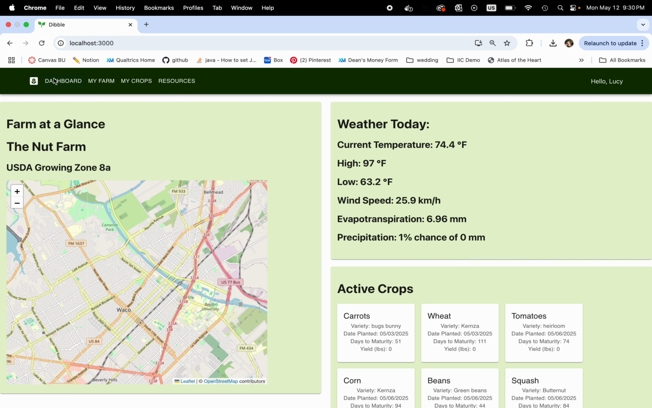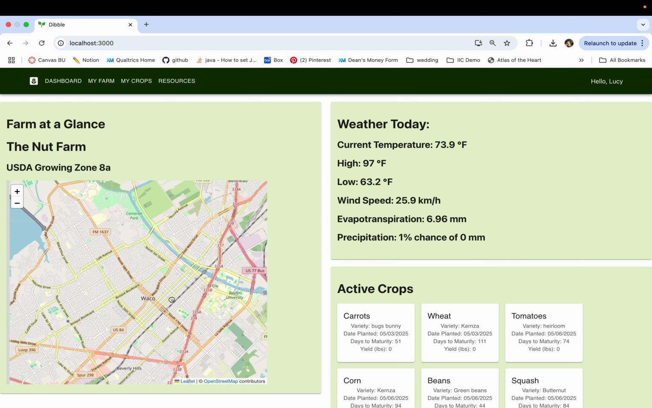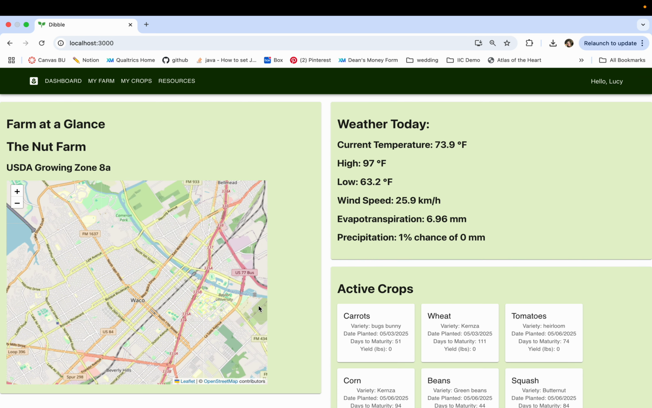So this is the dashboard page of my application. It is meant to, as the page says, be the farm at a glance. So I have my farm name. The nut farm is a nod to the name of the farm that my grandparents live on. And I also display the USDA growing zone, and provide this interactive map to kind of get the farmer thinking about their local situation and some of the unique climatic situations that might come with it that affect which crops are climatically